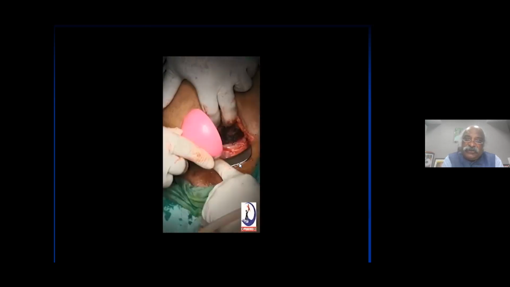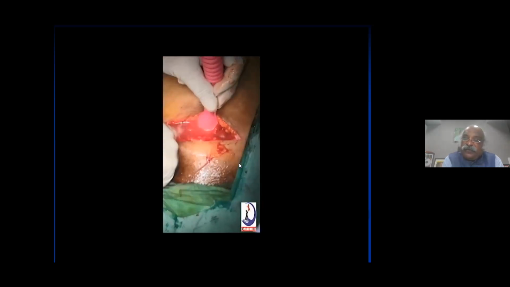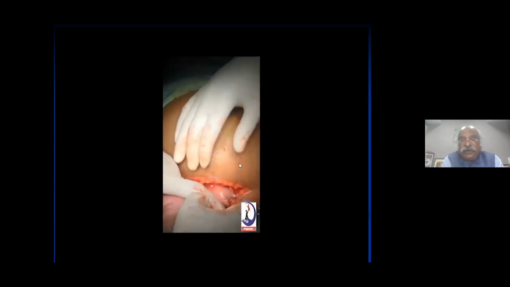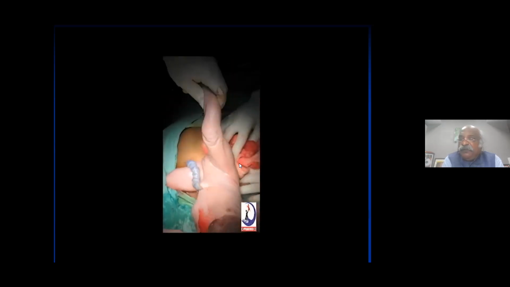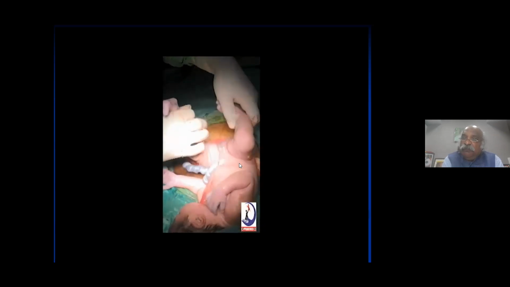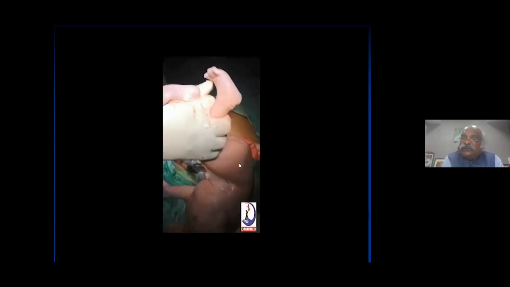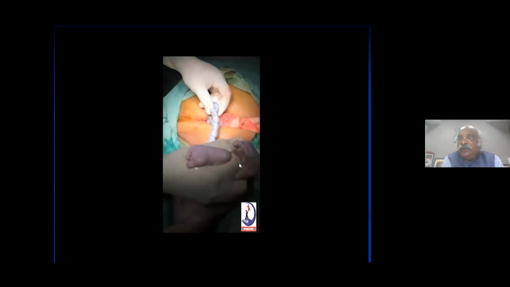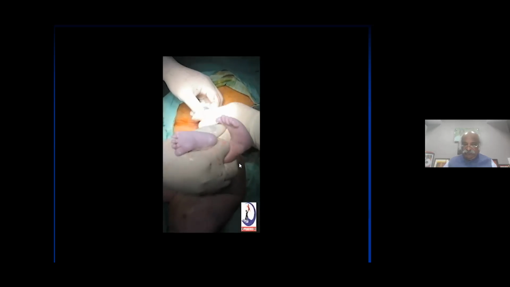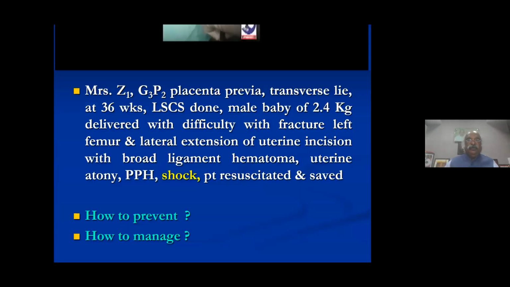So this is how you apply the vacuum. This is the procedure of application of the elastic vacuum, half to the scalp and half to the uterine wound. And with the index finger, you just strip it and find the hole. So there is no need again for fundal pressure and gymnastics in the OT. And this will prevent not only the operative gymnastics, but also the lateral extension of injury and involvement of the uterine artery. So this is important, which I wanted to show.